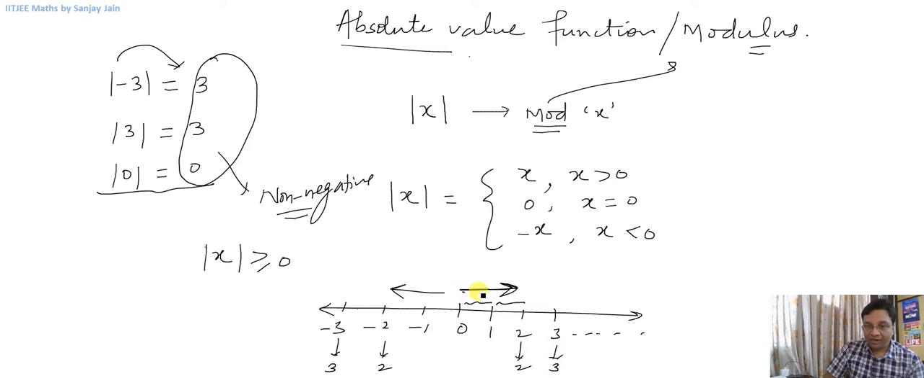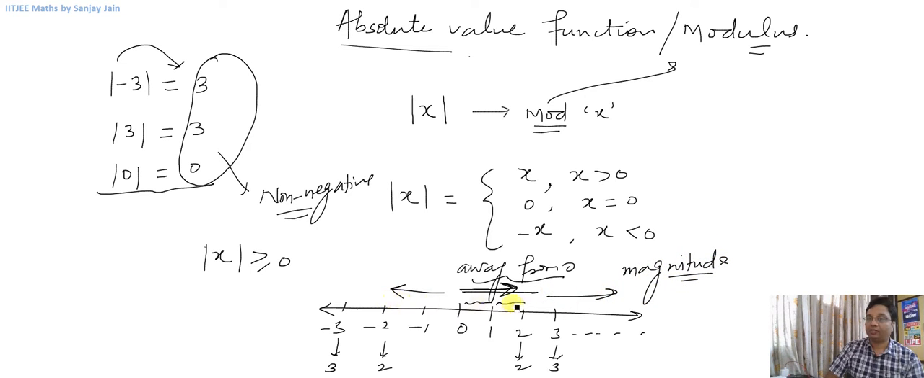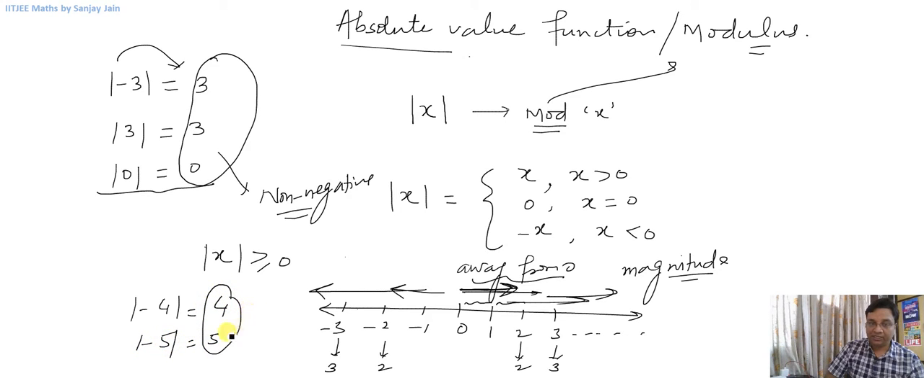So when I'm moving away from 0, what happens is the magnitude of the numbers increases on the right hand side, also on the left hand side. The magnitude increases, so the mod value will increase when we go away from 0. That means even if I put negative 4 here, it will give me 4. If I put negative 5, it will give me 5. So it will keep on increasing. Okay,